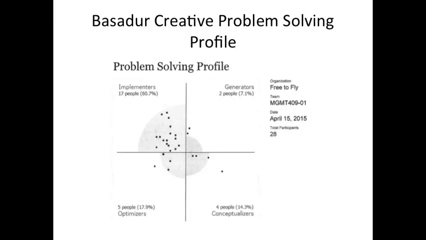And then there's the implementers, the ones who take the idea and run with it. All four of these types of people are needed to effectively solve a problem. And as we see, most of the students that we have tend to be implementers. So it should be interesting to see how this mix differs between, say, the business school and other areas of St. John Fisher College.